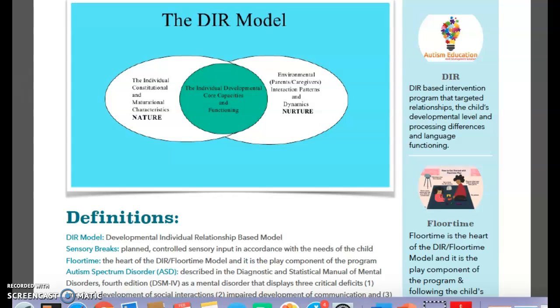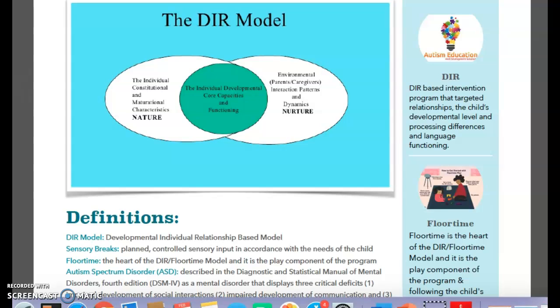It targeted the relationships, the child's developmental level, processing differences, and language functioning. The main goal of the study was to see how all three of these components would be affected by the appropriate DIR intervention. The results of this study showed that 116 out of 200 of the children were learning